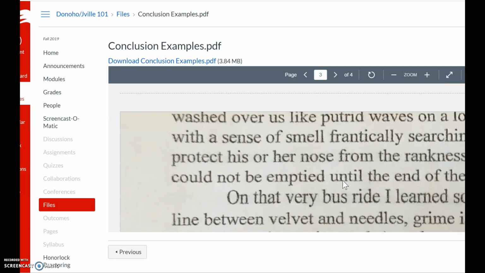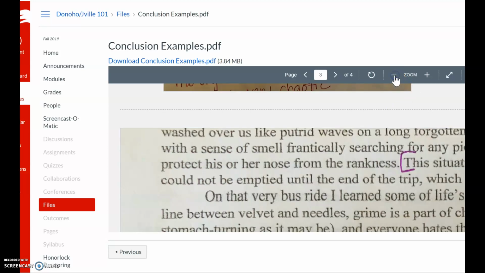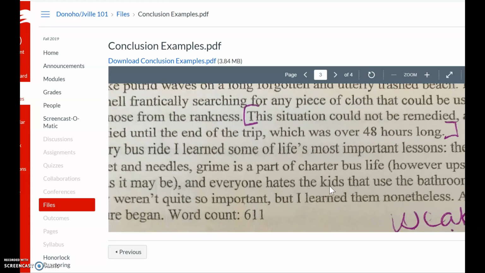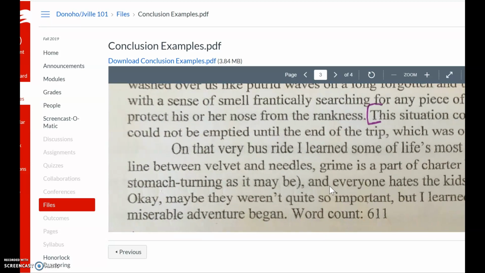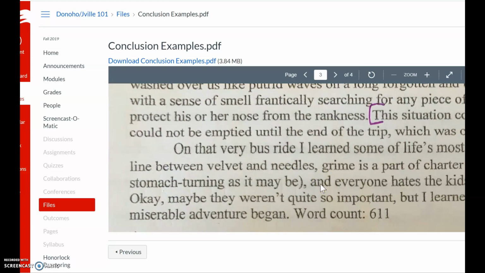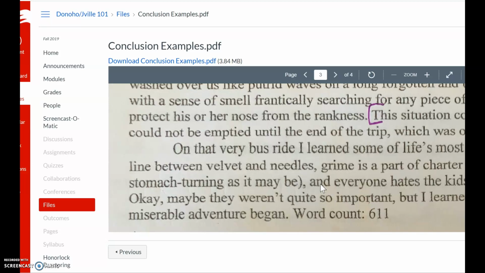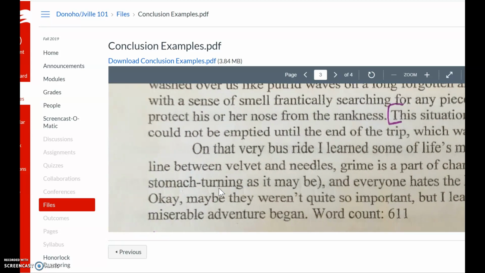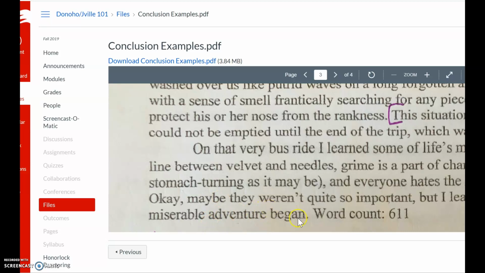This one, I'm going to have to zoom out for you to be able to see. Okay, so this one is the one about the bus ride, and I just wanted to show you something at the end. So she does a good job of saying, "I learned some of life's most important lessons." She restates 3 of the lessons that she talked about in her essay, which is a good formula to follow. But the last line, "Okay, maybe they weren't quite so important, but I learned them nonetheless. And so the miserable adventure began." It's just very awkward. It almost is cyclic, where it takes you back to the beginning and it's not necessary. Remember, close out the essay, provide a sense of closure,